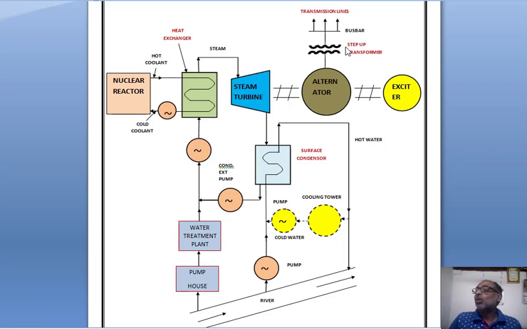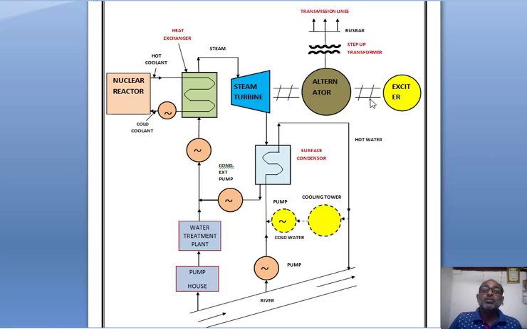Here it is not shown. So here we are connecting different transmission lines. Here you can see the output of the transformer is connected to the bus bar, which is located in the substation. Now different types of transmission lines are connected to the bus bar to transmit the power to different areas.